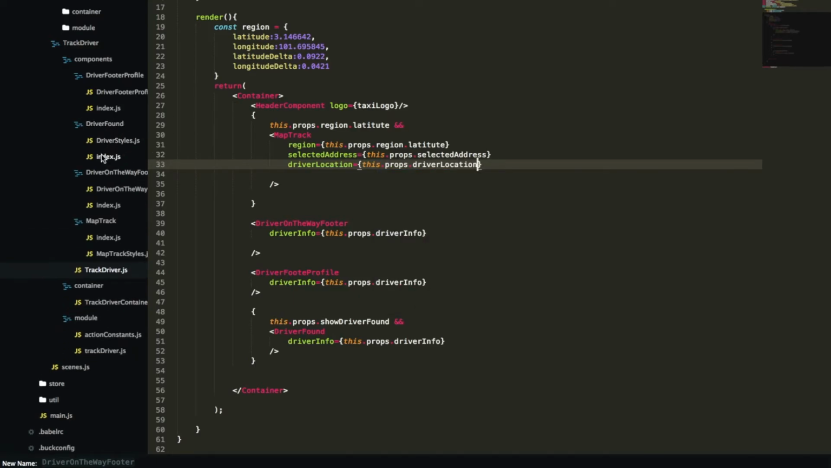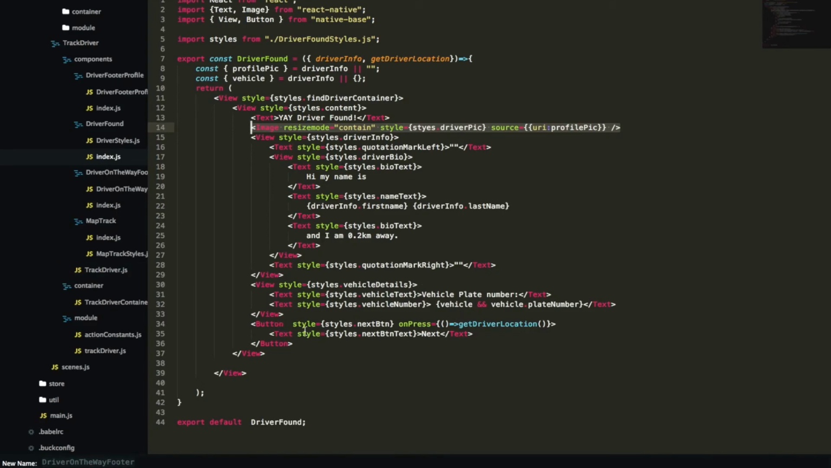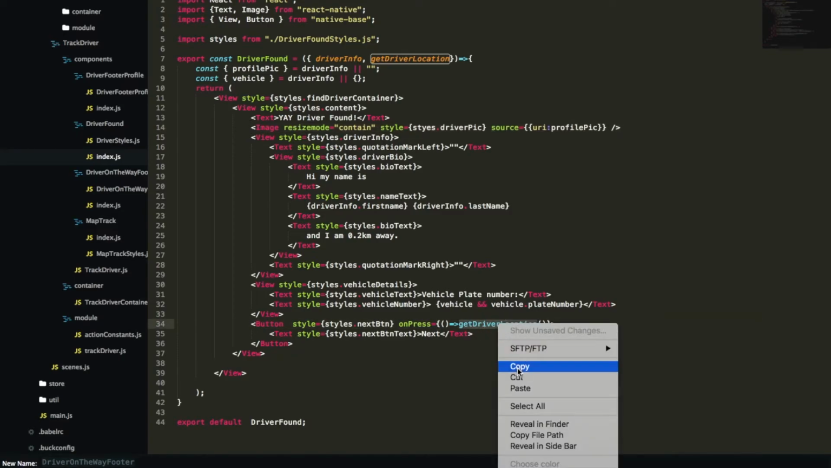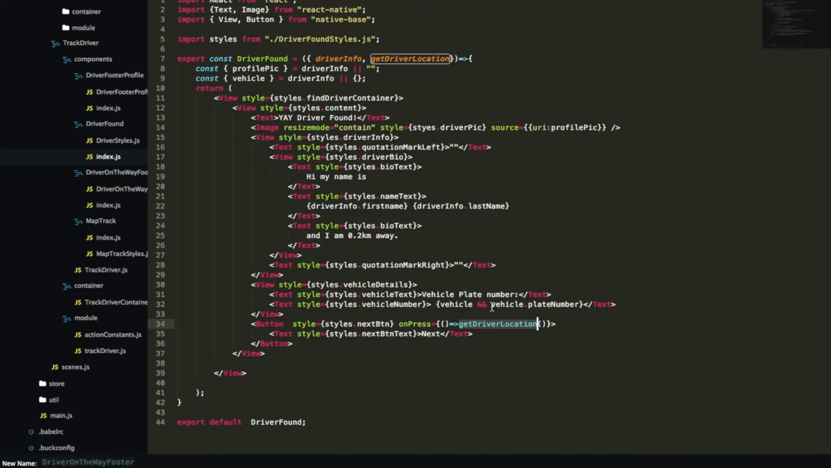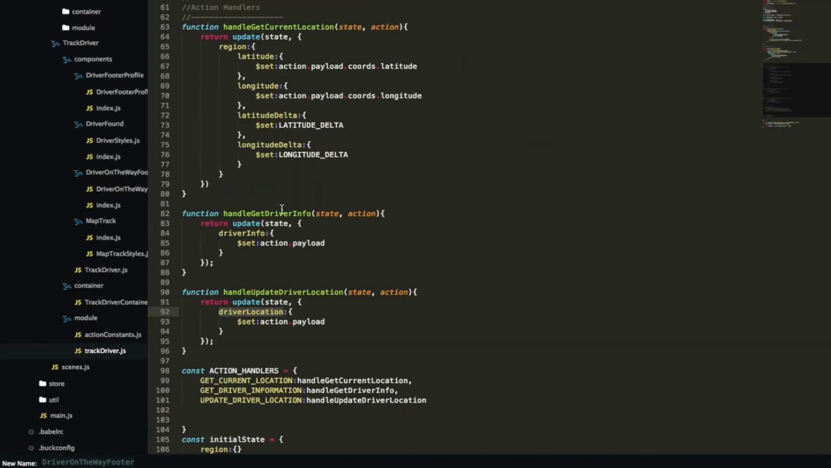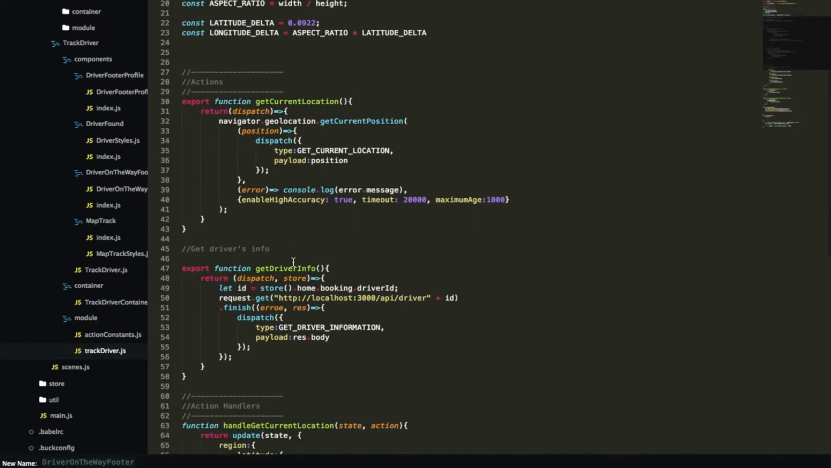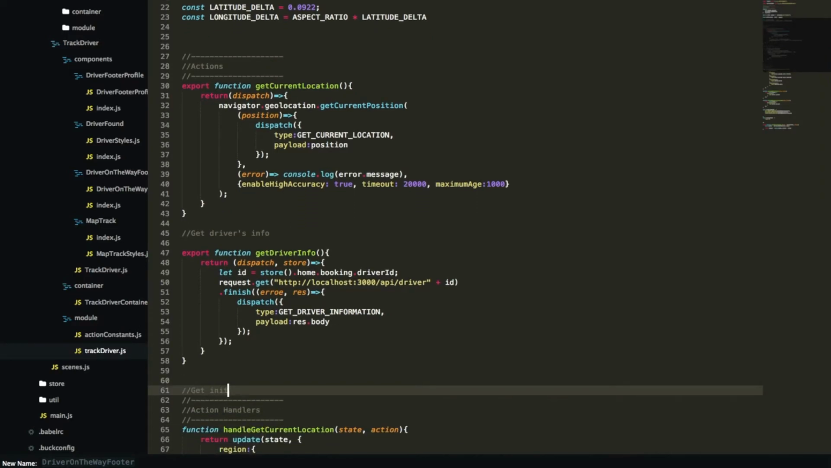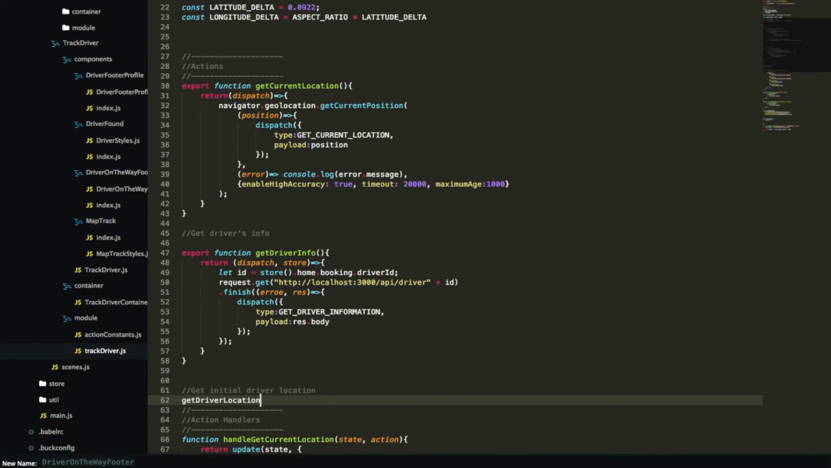So when the user clicks on this button here inside our driver found component, we're calling a function called get driver location, but we haven't created it yet. This gets the initial driver's location. So let's just create it up here. I'm gonna call it get initial driver location. Create a function here, export function get driver location,